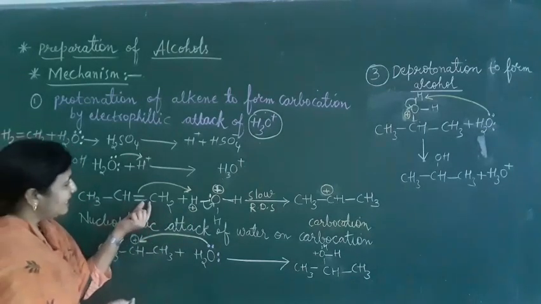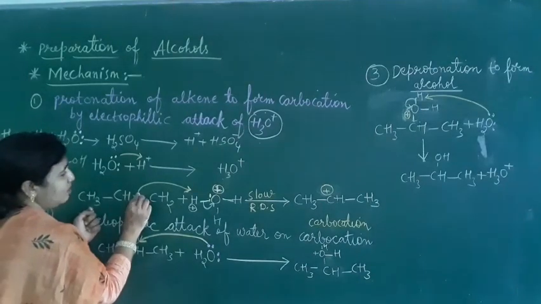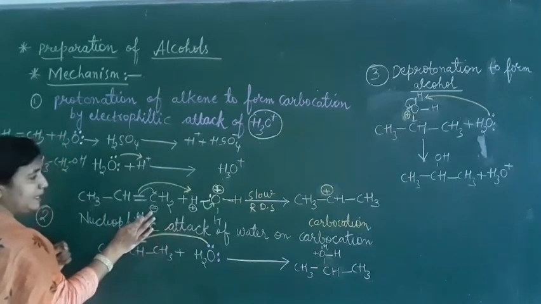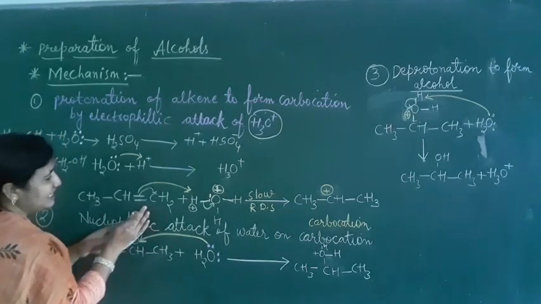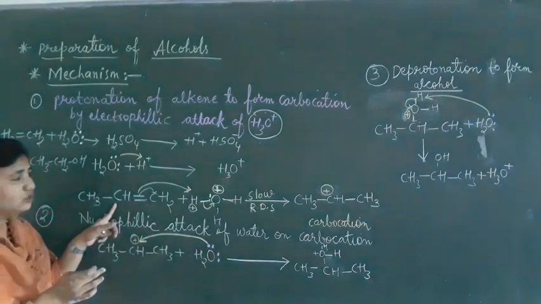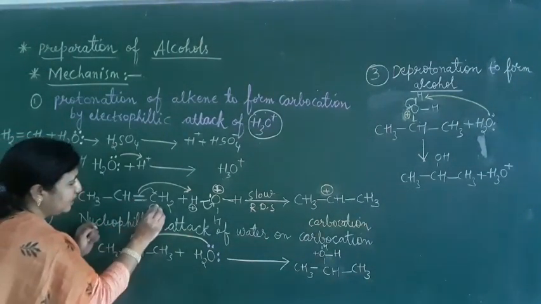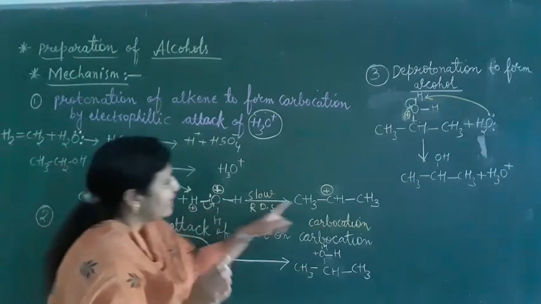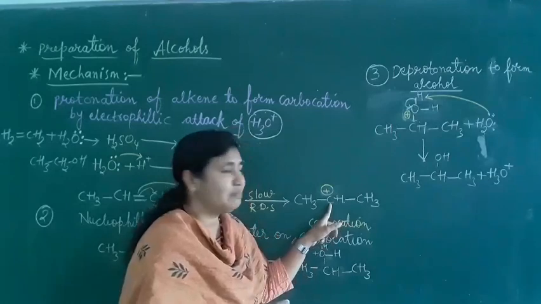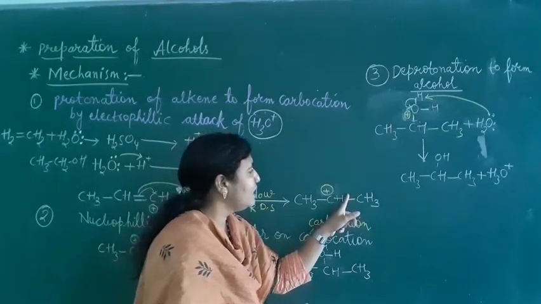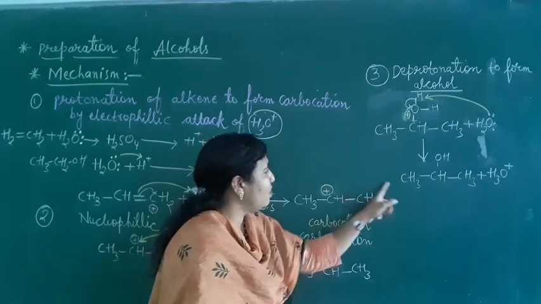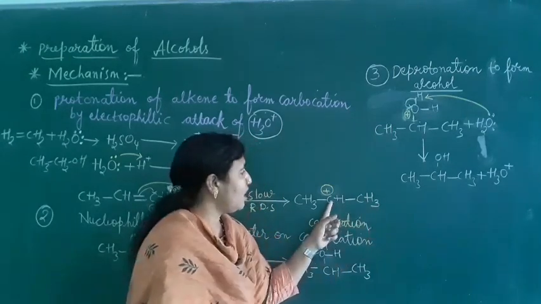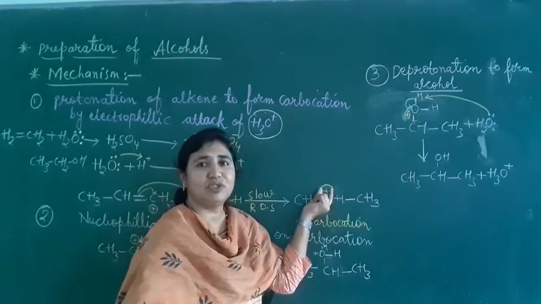See, if we attach to this carbon, if the pi electrons are coming here, it becomes negative here. So this H plus will come here. Two possibilities are there. It may come here, it may come here also. But if it comes here, then on this carbon we are getting positive charge, because these pi electrons have gone with that H plus, and H plus joined here. So now on this carbon we are getting positive charge.